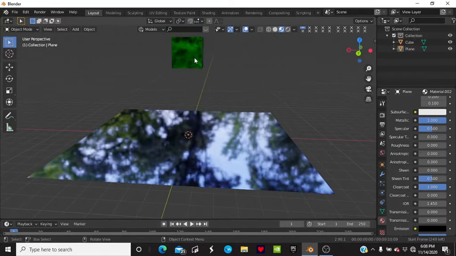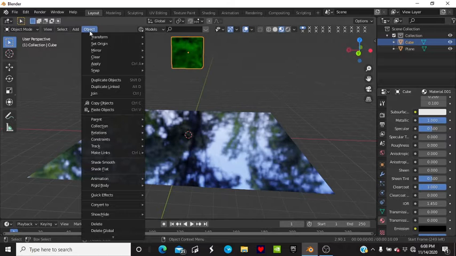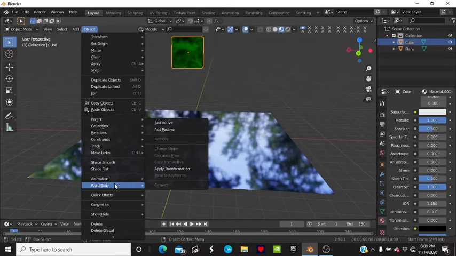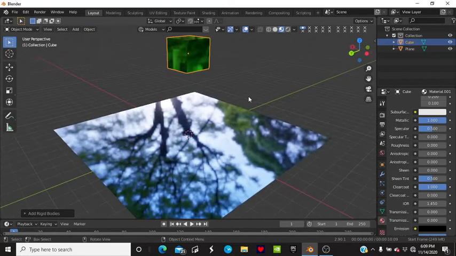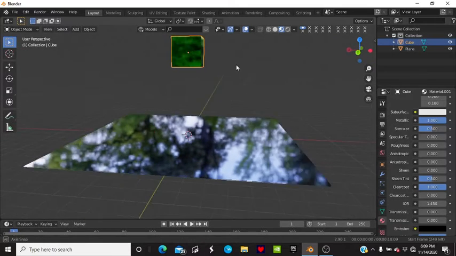Well, what we are going to do is click on this cube. Make sure it's yellow and not orange. You're going to click on Object. What you'll see is a bunch of things here, probably. What you want to go down to, I'm sure you'll have this even without add-ons, is Rigid Body. Then you want to click Add Active. Now, what this will do is give it physics. So if we press play now,